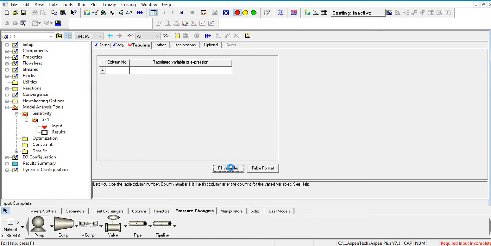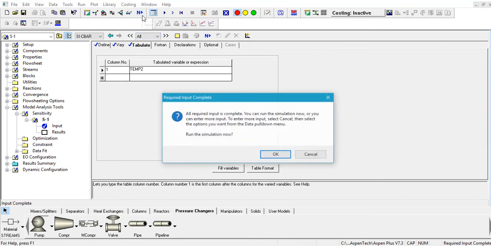So we click fill variables. What this does is that it's asking us what variables we require as results from the sensitivity block. So I require temperature 2 as a result. Now that we have completed our sensitivity block, we just run the simulation.